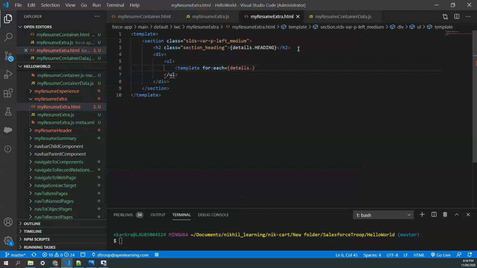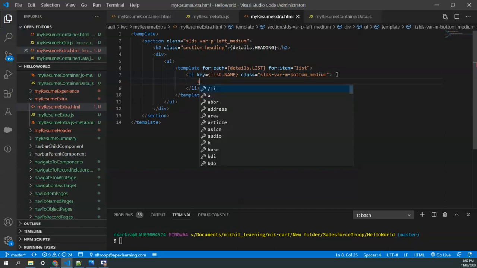Details dot list, and we'll say for each list, for item, call it as list, and within this we're gonna loop our educational details. So if it is a UL tag, the inner tag should be li tag. It will take the key always be their list dot name, that is our university name here in this case. Then we'll say class, I want to add some margin bottom so that every list should have some space,